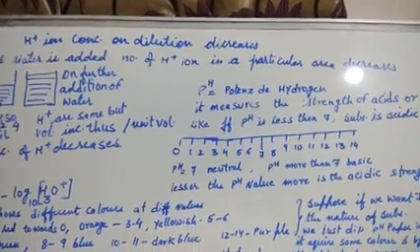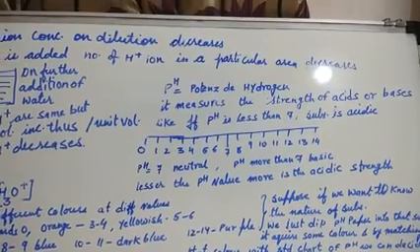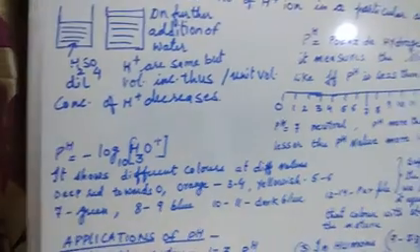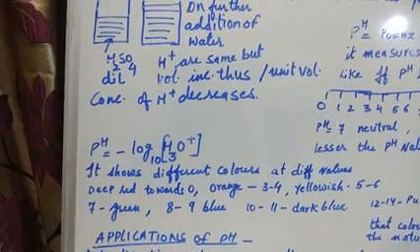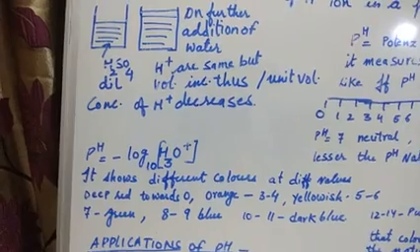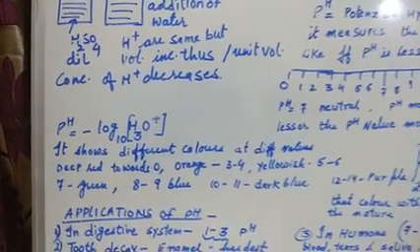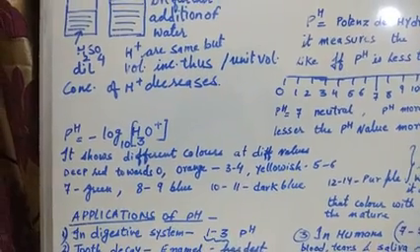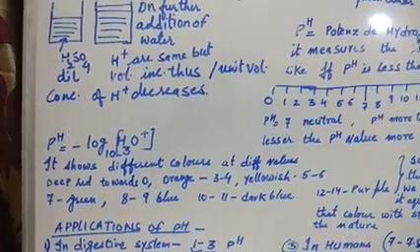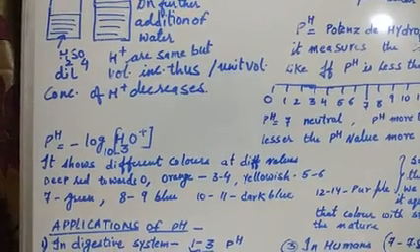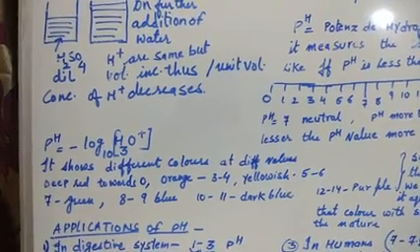Okay, students? So in this way, pH is telling you the strength of acid or base. I am telling you again and again that pH is 7, pH is 1, pH is 14. But how can we know? How can we calculate the pH? Actually, pH is just an indicator. As we used indicators for detection of acids and bases, now this indicator is used for deciding the strength of